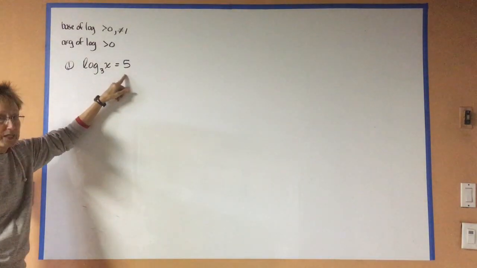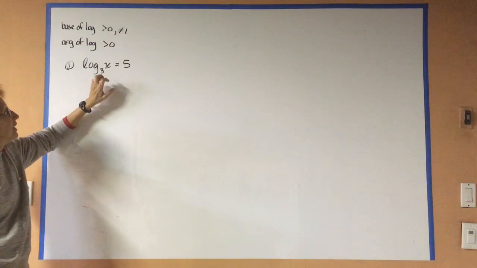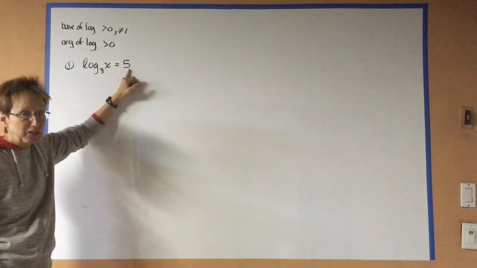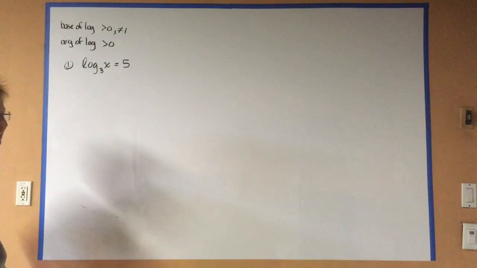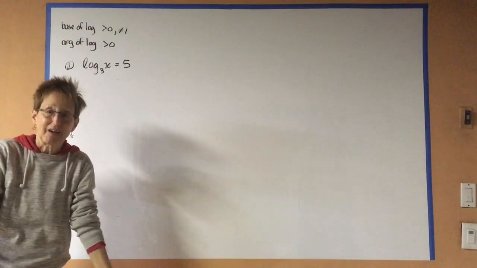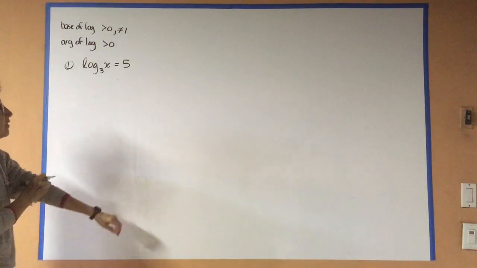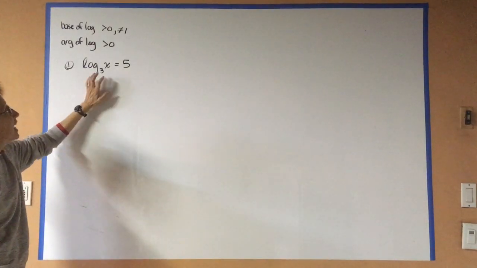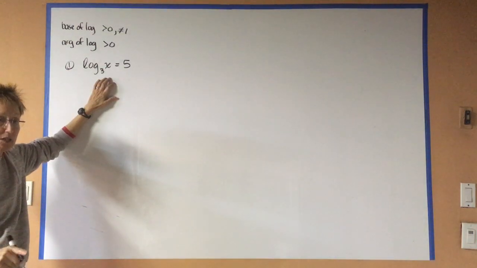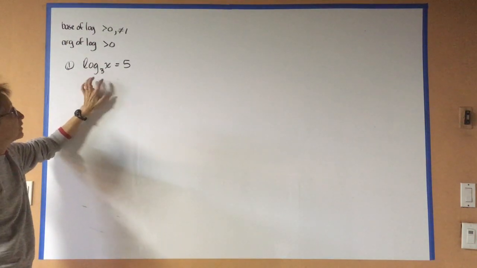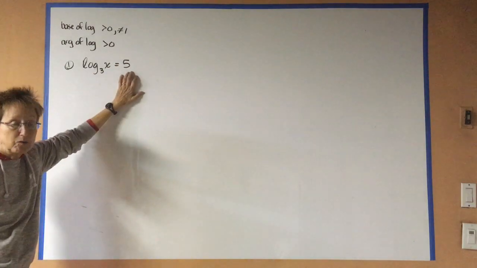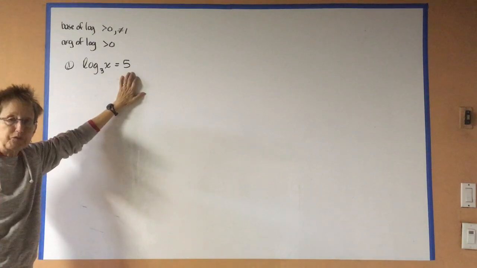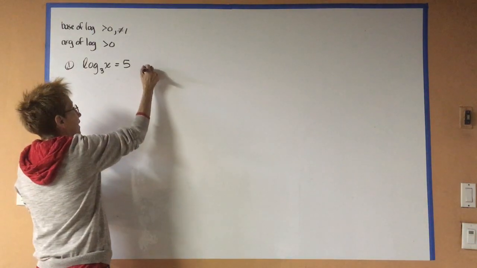So this is a log equation because my unknown is part of the base of a log, an argument of a log, or an answer to the log. I see a log there, so when I see a log in an equation, it's a log equation. So how do I solve a log equation if I can't put it into my calculator and let it do the work for me? One way, particularly if it's a single log equal to some term over here, is to use the definition of the log and rewrite it in its equivalent exponential form. So I'm going to try that. I'm going to rewrite